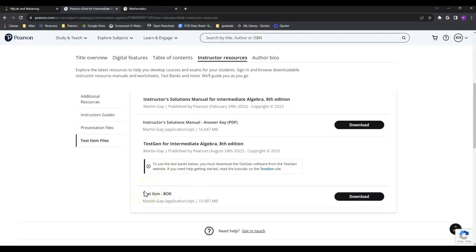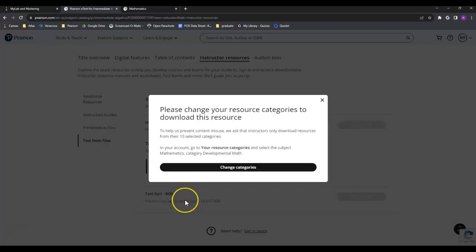If you don't have the test generator downloaded yet, we're going to have to make sure that we get that in order to use all these resources. And you'll see here, there's a link for the TestGen site, and that's where we're going to get that TestGen software. So I want this book, so I'm going to go ahead and download that book, and you're going to get a pop-up that says that